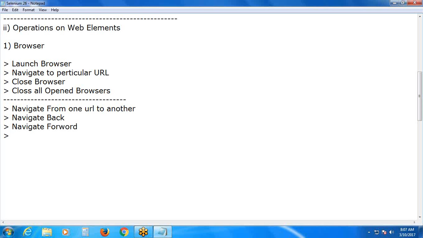Next, minimize the browser. Next, maximize